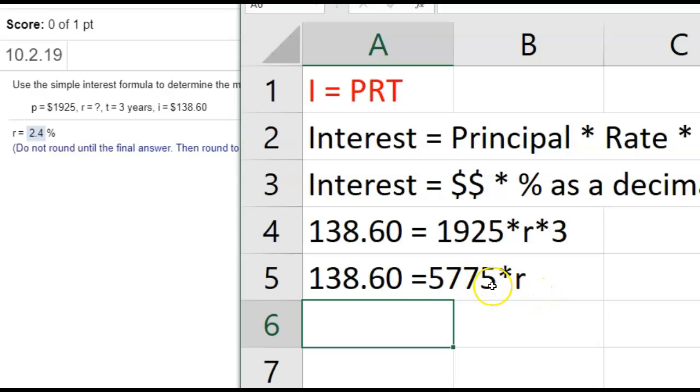And now to get R by itself, I just need to divide by that amount on both sides. The only thing left on the right side then will be R, and so I'll have my solution. So I need to do